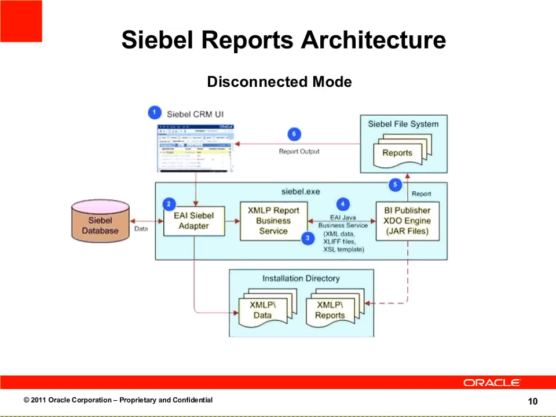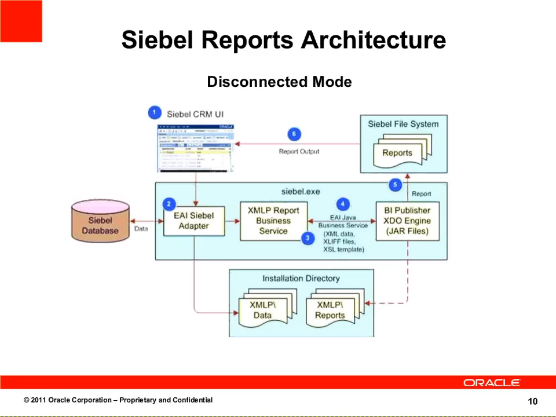All these business services do a handshake and pass along data and parameters, and everything goes to the BI Publisher jar files. Then the report output is generated and stored in the Siebel file system. On a dedicated client, the Siebel file system is nothing but a files folder on